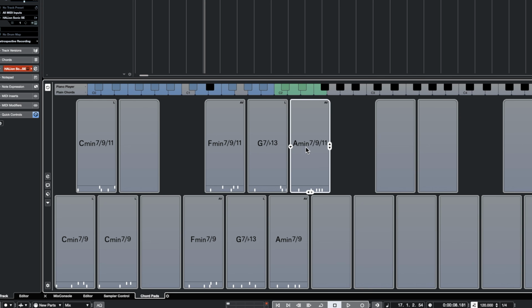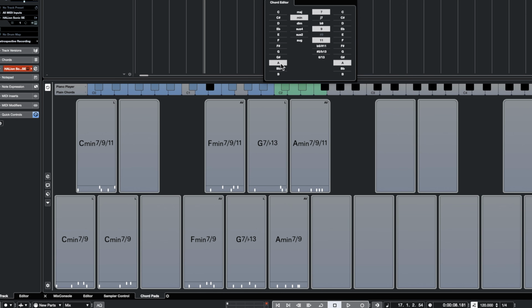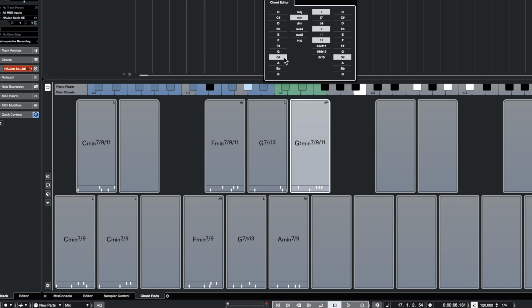And then you know what, this one here, I feel like the A minor 7, the key of C minor, we'd have an A flat major chord. So I'm going to click on that one. We'll change that to A flat or G sharp major 7. And then maybe we'll throw in a 9 on that one. But we'll make sure it's major 7. There we go. So now we've got